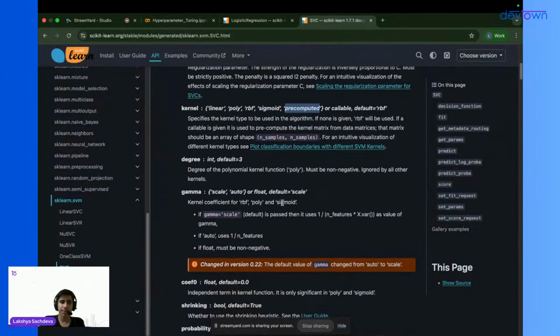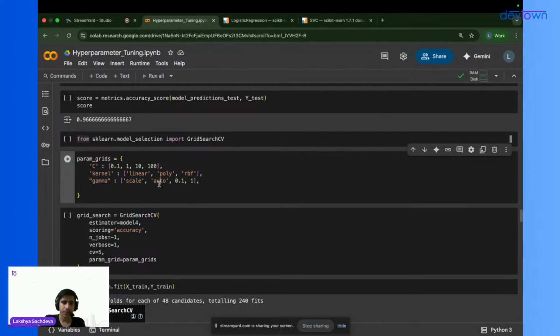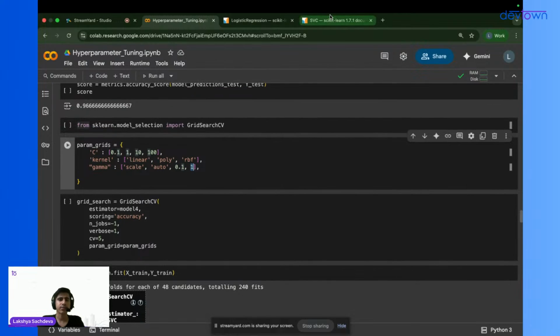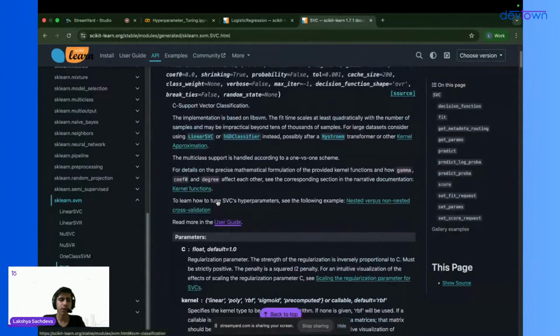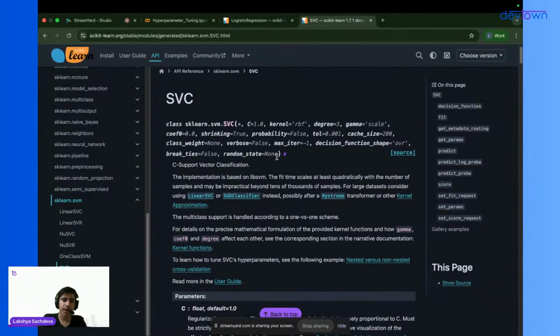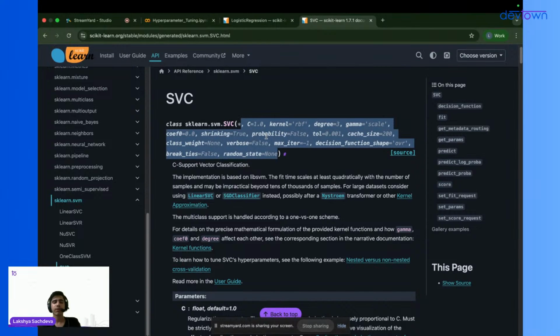Under the gamma parameter, we can take either scale or auto or any float value. So I have taken scale, auto, and two float values, that is 0.1 and 1. I have considered only these three parameters, but I can consider all of these parameters. So you can give the values for all of these parameters,